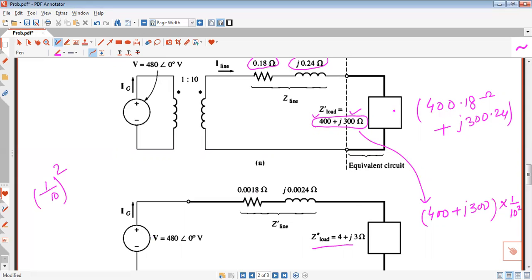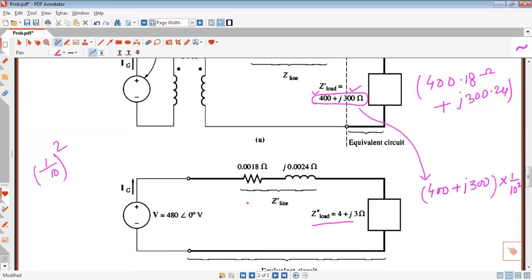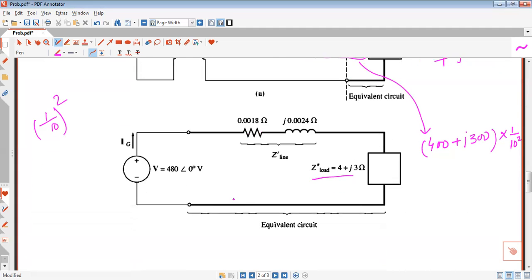You can see here total impedance, if we connect at this and divide by 100, the same value we will get here. So now this voltage is given here and we have to find the current now. So how can we find the current of the generator? We can find the current of the generator. So let us see total impedance. First of all, total impedance will be here Z total on the generator side.